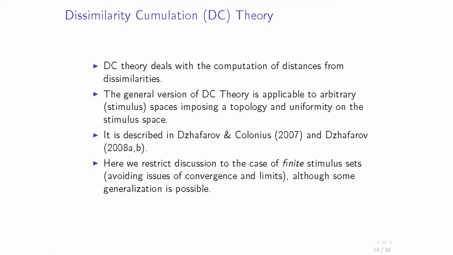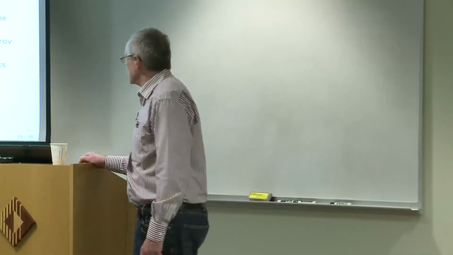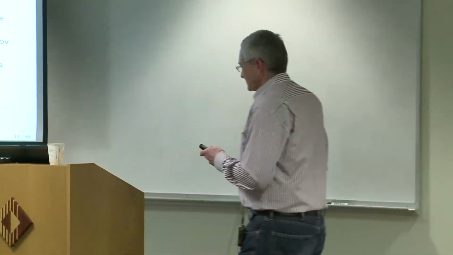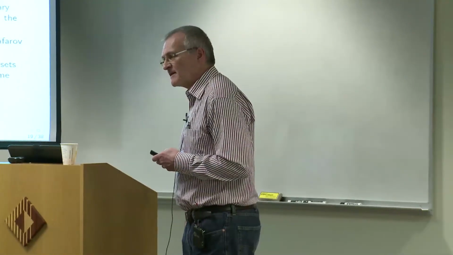Maybe I should just mention the basic approach here was to define a topology using just the dissimilarity judgments, or dissimilarity values, I should say, and then define convergence and a topological uniformity, and then get to the representation in a Fechnerian metric. Yes. By finite stimulus set, yeah,